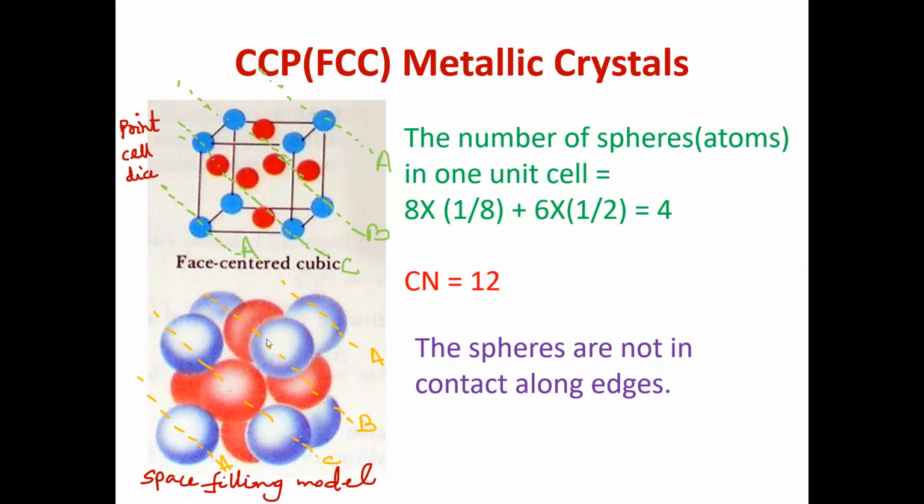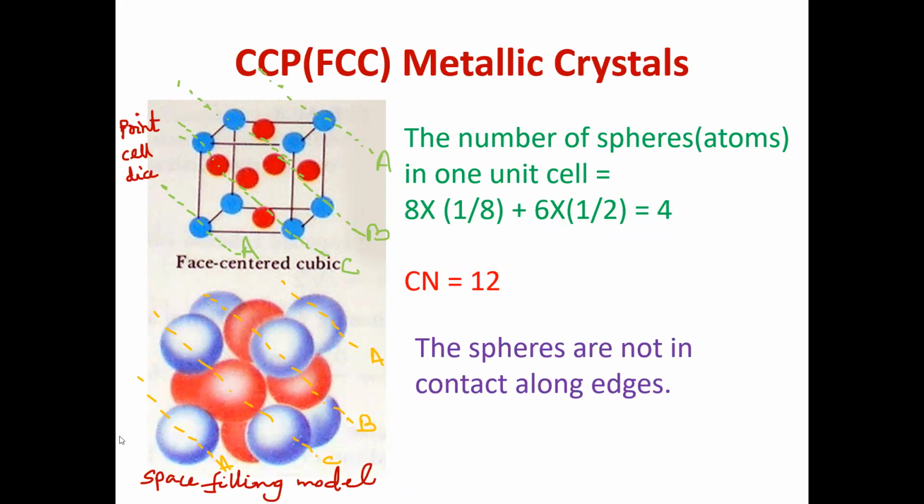Now see the same thing in a space filling model. This one has been selected from this one, and 6 will be there. 3 are the face centers and 3 are the corners. This is B and this is C, same thing. 3 are the face centers and 3 are the corners. The other corner is not visible. And the one sitting on top is sitting over the tetrahedral hole. So this will be the unsliced FCC unit cell.